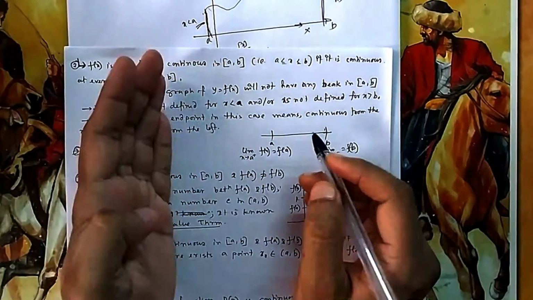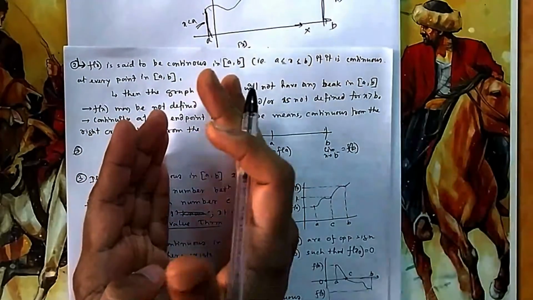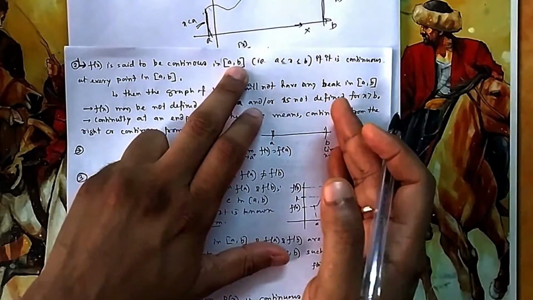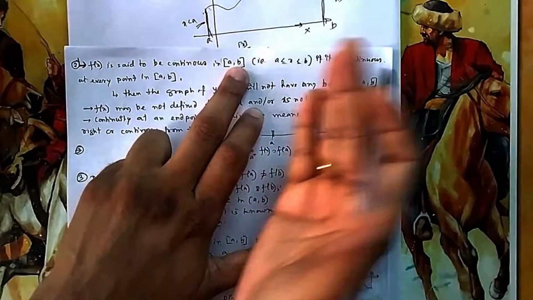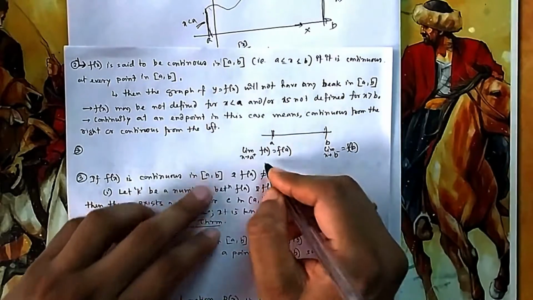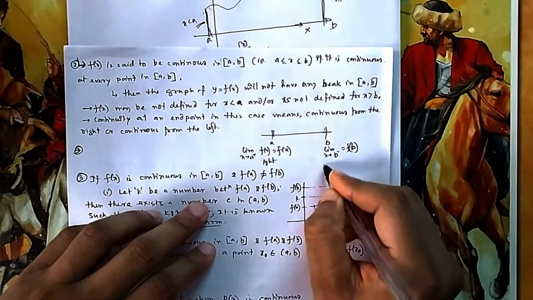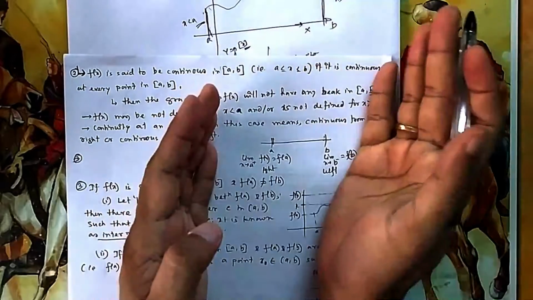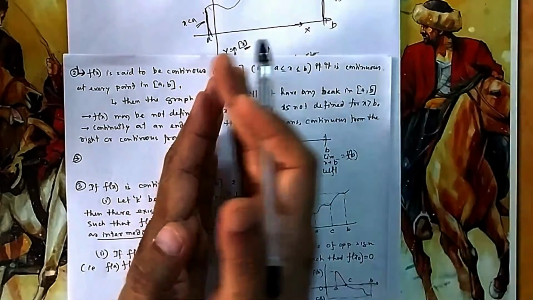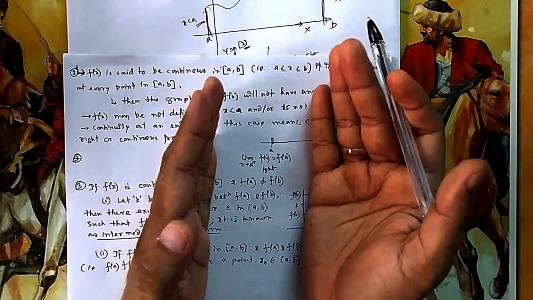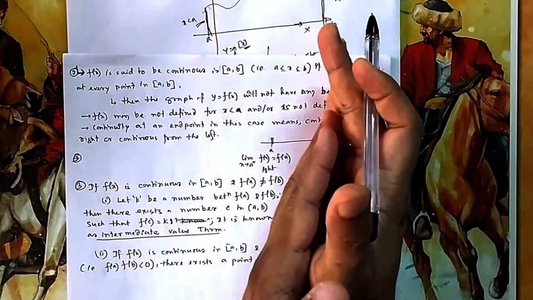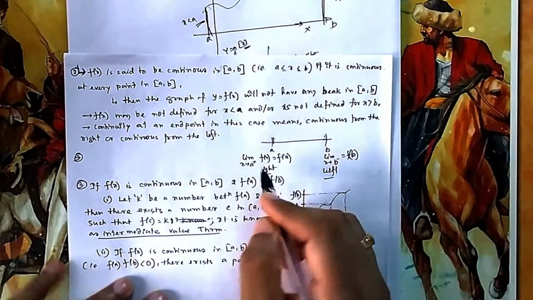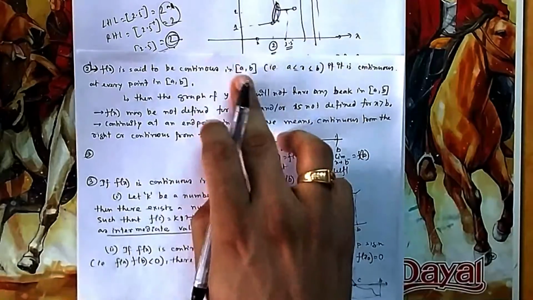This one is right continuity, because you are looking from just after a, so it is right continuity at a, and at b you are looking just before b, so it is left continuity. This side it should be right continuity, this side it should be left continuity, because you are starting from a, you are looking after a, so it should be right continuity at a, and you are looking up to b, that means it should be left continuity, before b it should be continuous. So this side and this side should be left and right, if I am saying in the interval it is